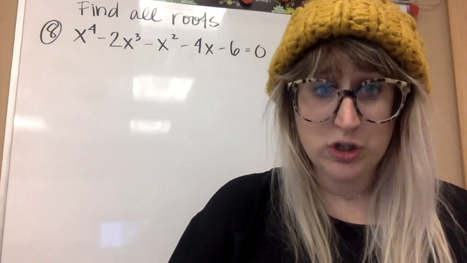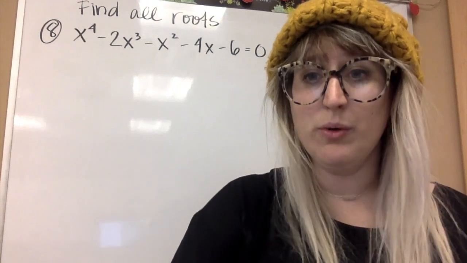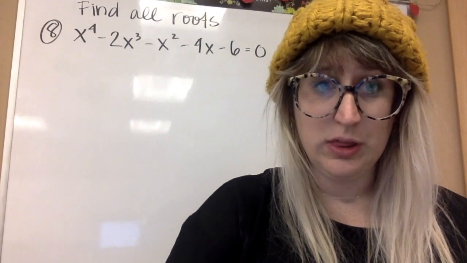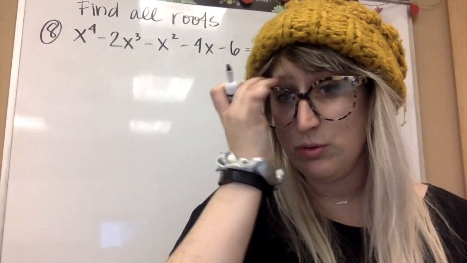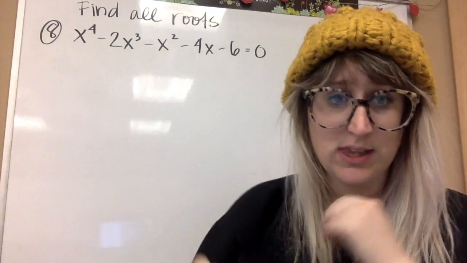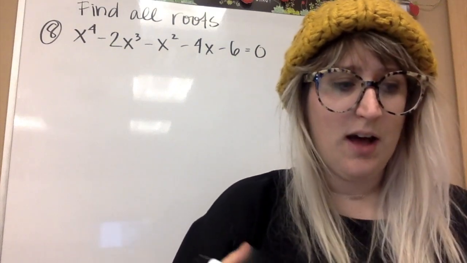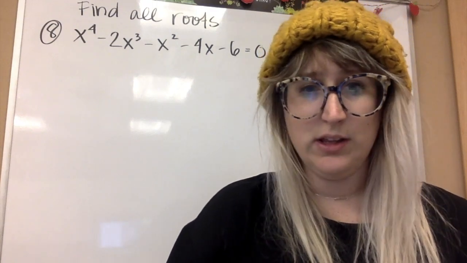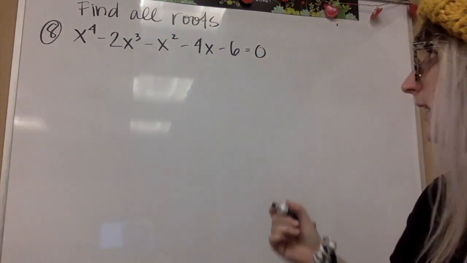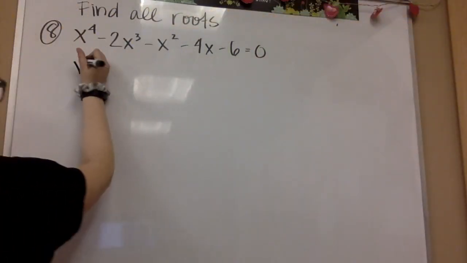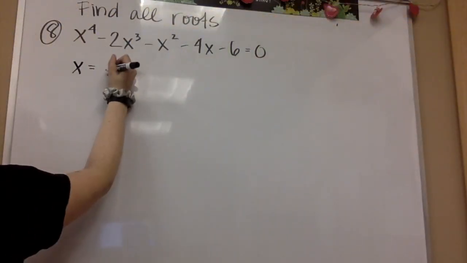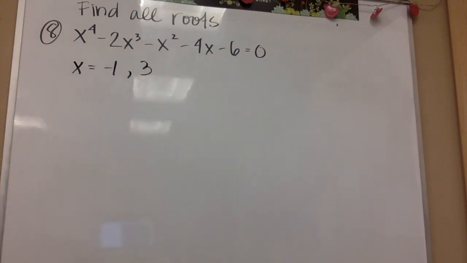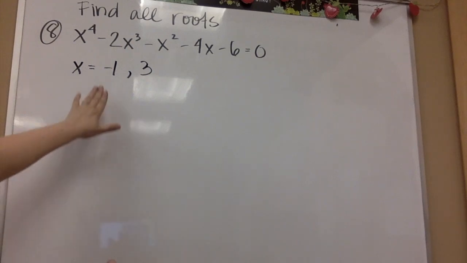So the first two roots, if you graph this, the real roots are going to be, I believe, negative 1 and 3. So what we're going to do is take those two roots and divide them in here using synthetic division. And we're going to break it down until we can factor it. And then once we factor it, we're going to find the irrational roots. All right? So I already know that x is equal to negative 1 and 3. So first thing I'm going to do is pick one of these,